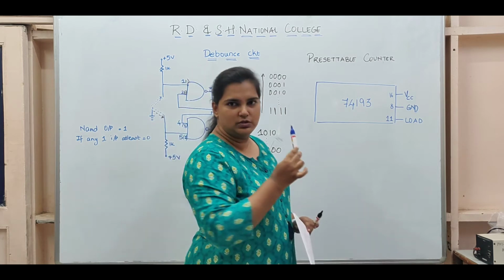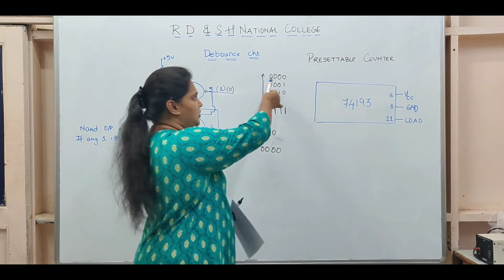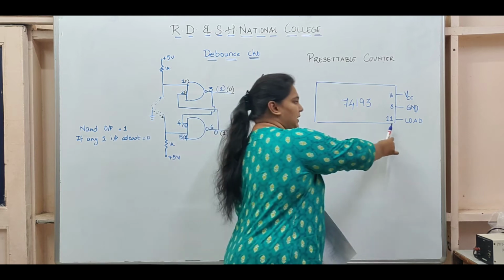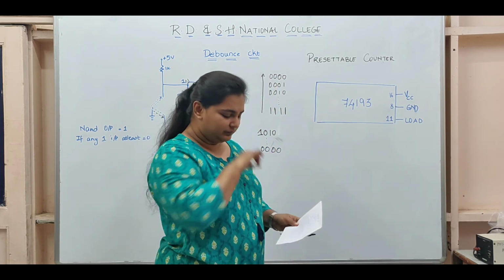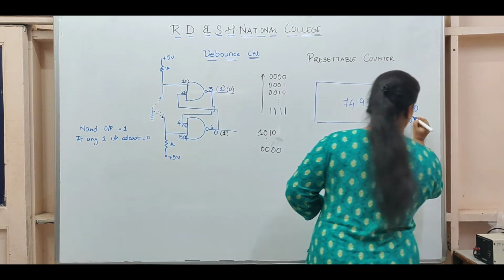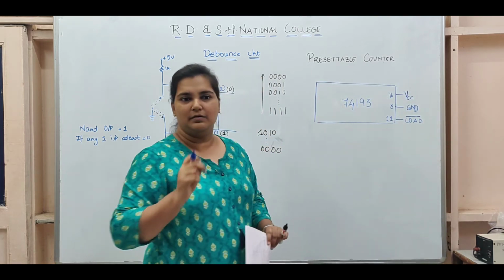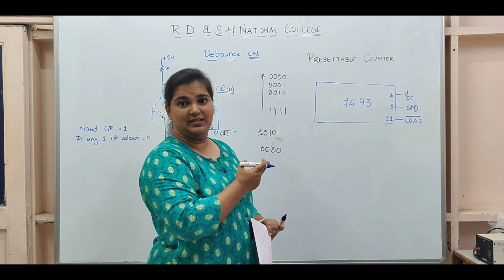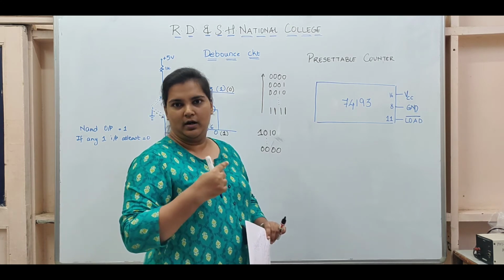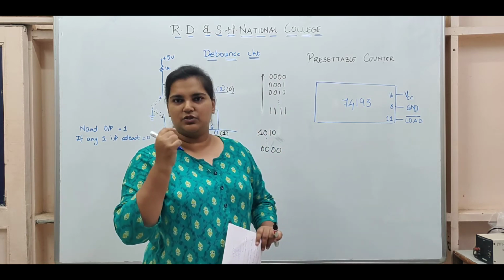If you don't want to use the preset function, if you just want to carry out an up count or down count, like from 0000 to 1111 or vice versa, this load pin can be held at 1, because each of these are active low pins. Whatever pins I am going to talk of are all active low. That means they work when they are held at 0. This is a binary IC, so you will only have two states, 0 or 1. When I say you hold the pin at 1, that means you keep the pin at VCC, which is 5 volts.